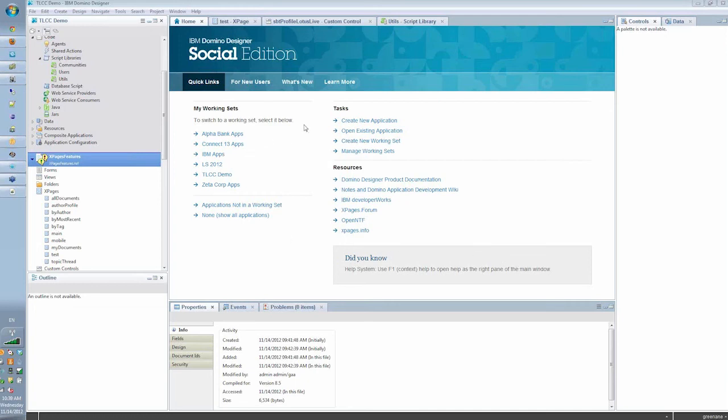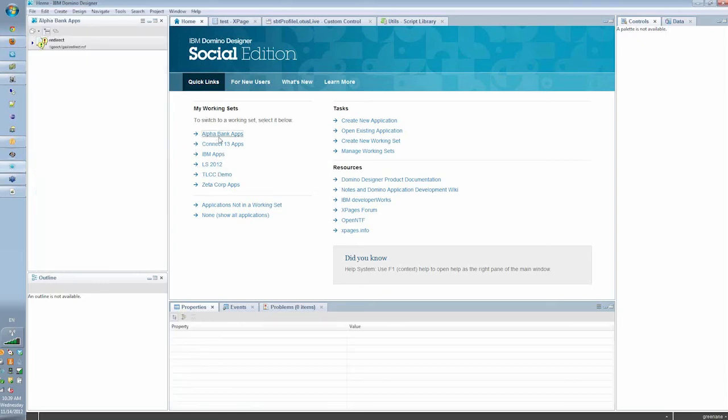The first time you launch Designer, if you have no working sets, then this area is going to contain some other information explaining how to create working sets. But the home page dynamically knows when you change working sets or when you add new working sets, and those are automatically added to this list. So I can go along here and select different working sets right from within the home page. I'm just going to go back to my TLCC demo working set, and then of course we have a new item here